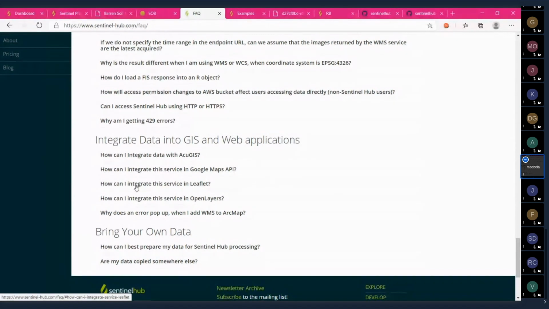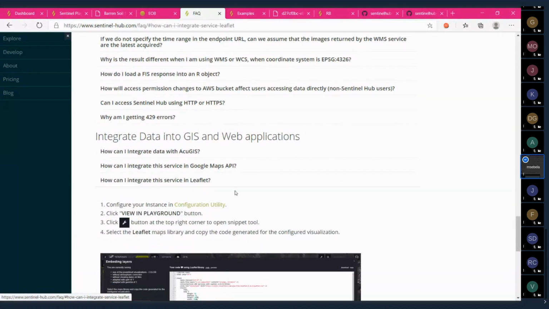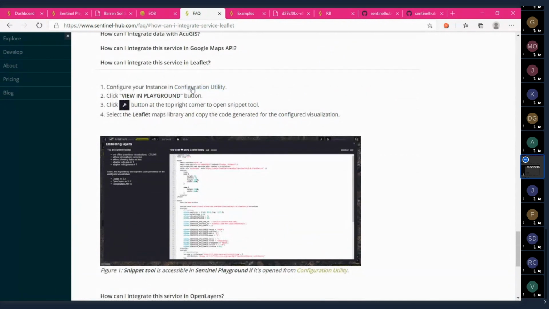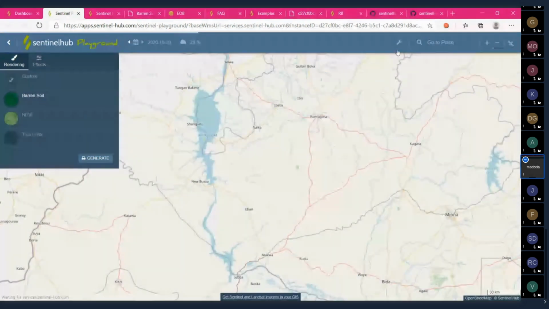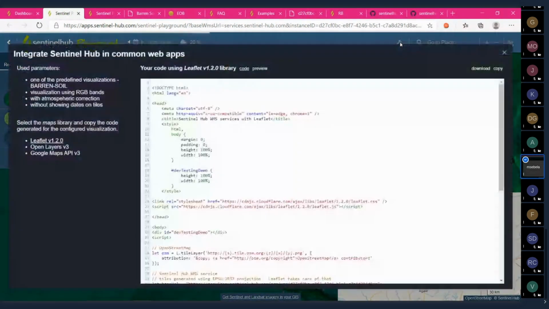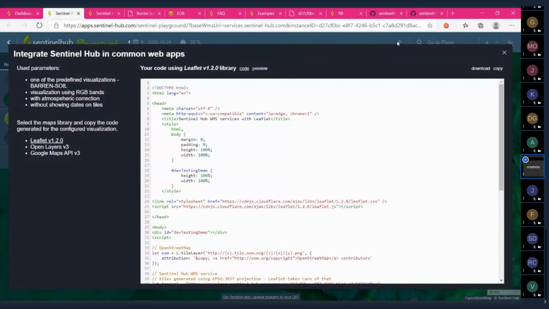One of them is how can I integrate this service in Leaflet? Here you can see that you are supposed to go into the configuration utility, click view in Playground, and then click on that tool button to see the code for Leaflet. So let's do this right now. I'm going back to the configuration. I will click open in Playground, and then I will click on this integration tool in this upper right corner,